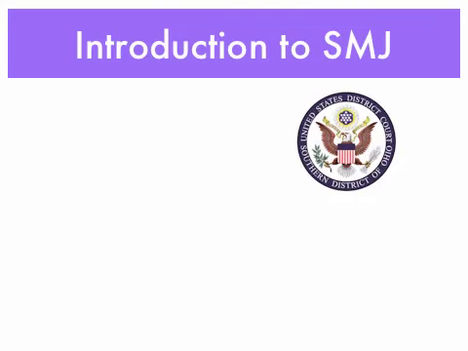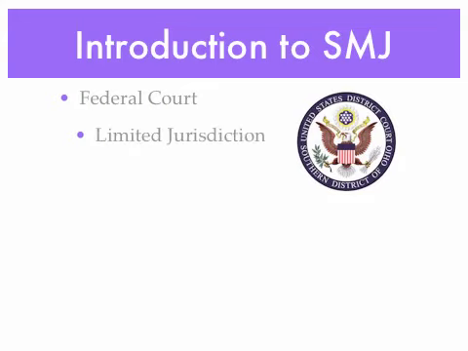In federal courts, and let's presume we're in the United States District Court for the Southern District of Ohio, we have what we refer to as limited jurisdiction. And this means that the federal courts can only hear the cases that Congress has affirmatively authorized them to hear. So it's very small, a lot smaller than you might otherwise have realized. There's a lot of cases that still come into federal courts, but their reach is more limited than the state courts. So we refer to federal courts as limited jurisdiction.